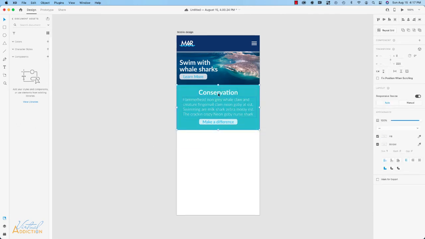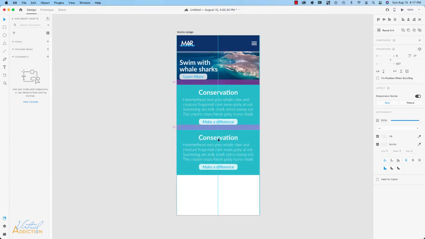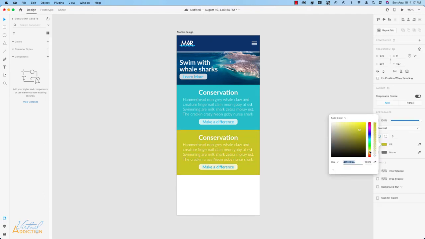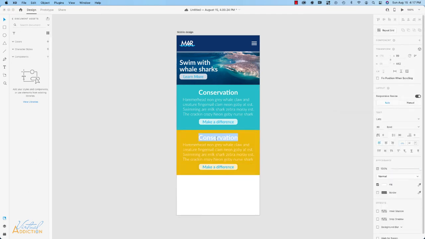this whole section. I'm going to hold down my Option or Alt key, which is the keyboard shortcut, to make a copy, drag out a copy, and then we're just going to select the background color here. We'll change this to maybe a kind of gold shade, and I'm going to just change the headline here to say education. Now, because education is shorter, I'll need to click, hold, and drag and just adjust this